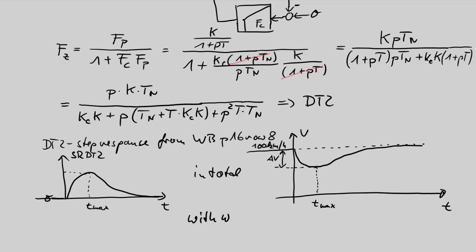with workbook pages. I have to look where these are. Stop. Workbook page 18 plus 19. You can find details to the DT2 block. For this you have to make a coefficient comparison of our function with a given function. Then you can calculate for the step response the delta V and the Tmax value, and I give you now the resulting values. After some hours of calculation, some minutes of calculation, we can find that delta V is